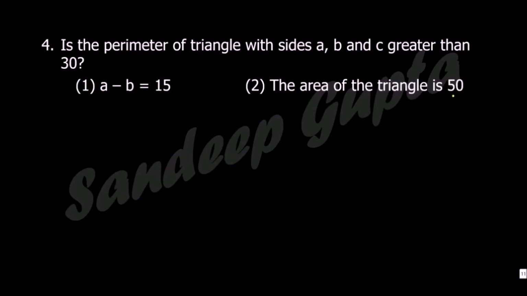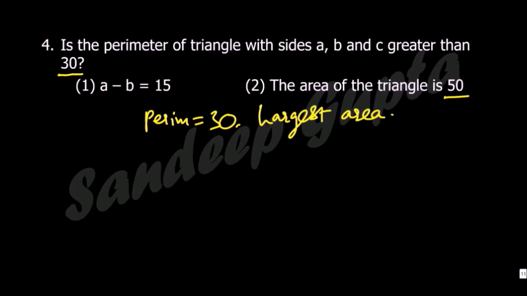I know this can sound a little baffling to you that only the area is given. How can we determine whether the perimeter is greater than 30 or not? But obviously, if the GMAT has given this, there is something that is being tested here. So now let's see if the perimeter of a triangle is 30. What is the largest area I can create? You should know this property. If you don't, it's okay right now, but later it will be taught to you. The most symmetrical figure always happens to have the most area. The largest area is for highest symmetry.